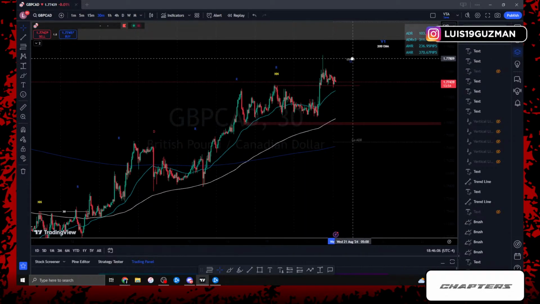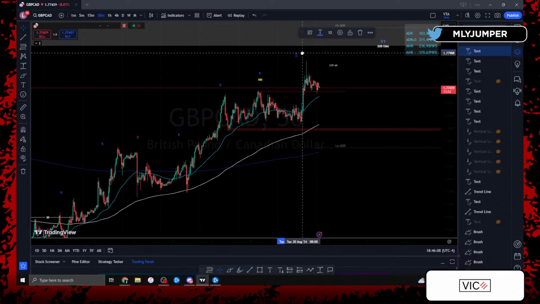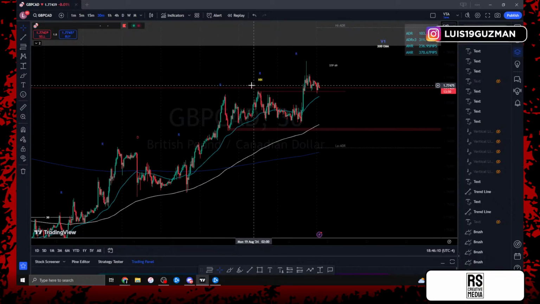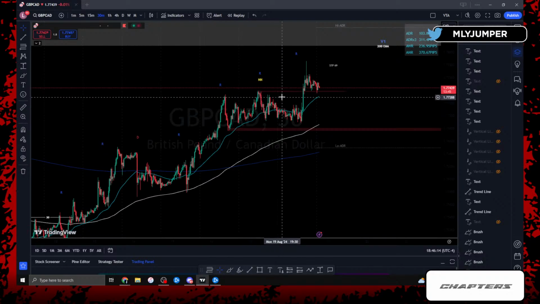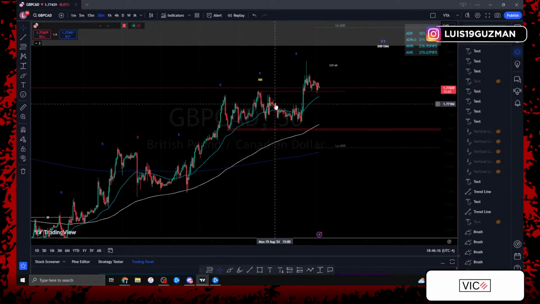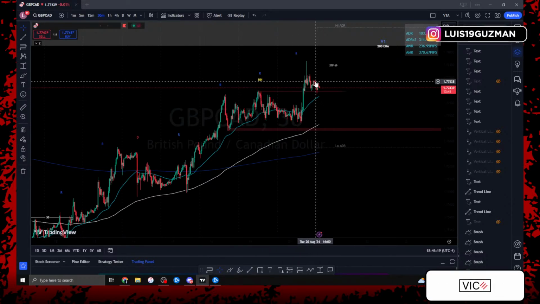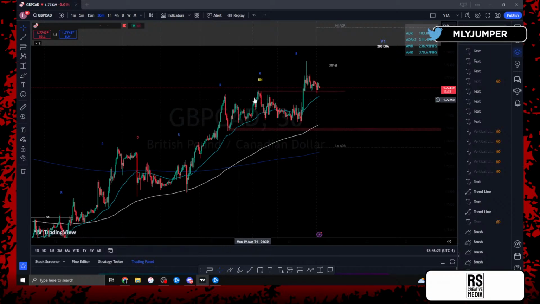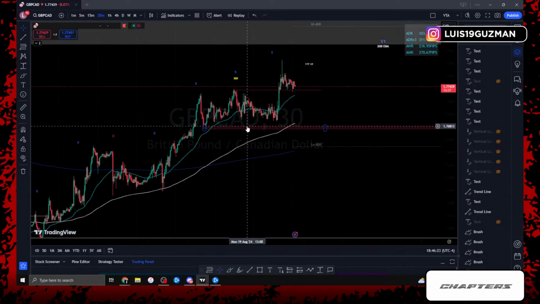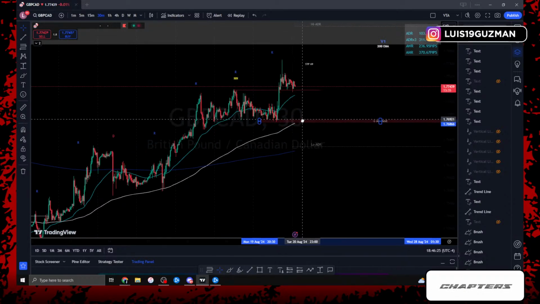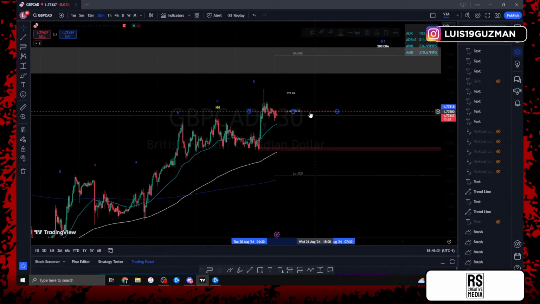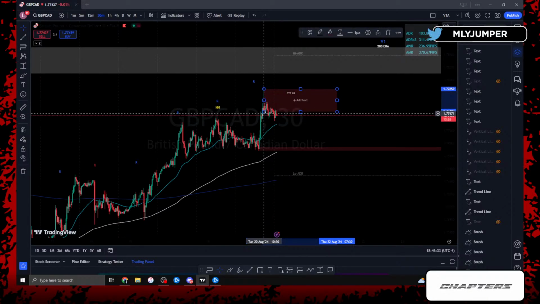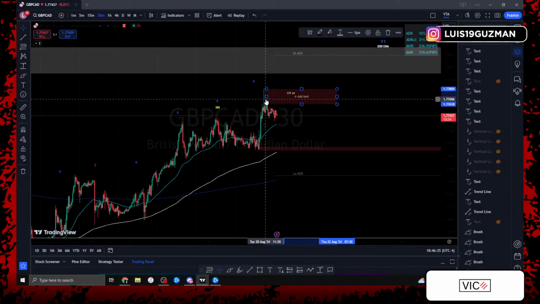GCAD. Delete some of these drawings real quick. So first and foremost, let's look at here. Since we're already here, we have another day of rise, which is perfect. We had 3 days of rise. On the 3rd day, gave us a rise no net. We already know that once we get a rise no net with the trend, price is always going to give us a 4th day variation where we have a new high. We had higher high, higher low, higher high, higher low, into the higher high. So now we know that we're trading between this higher low over here, and I'm going to use the body of this red candle and the lowest wick, and this higher high, I'm going to use that wick and the body of this green candle,